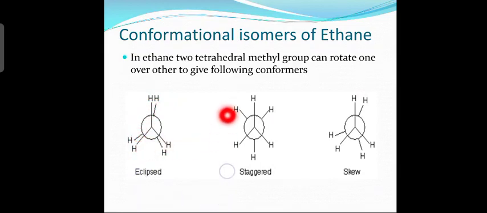And if they are separated, directly in between the two, so this is the front one, the Y shape, the front one, inverted Y shape, and the circle is the back or rear. Clearly they are separated, that means it is staggered. If the hydrogen atoms are in between eclipsed and staggered form, as here, this form is called skew conformation. So skew conformation is in between eclipsed and staggered conformation.